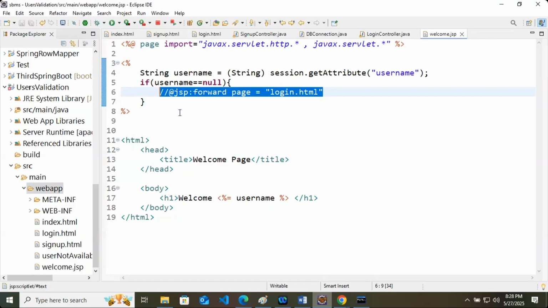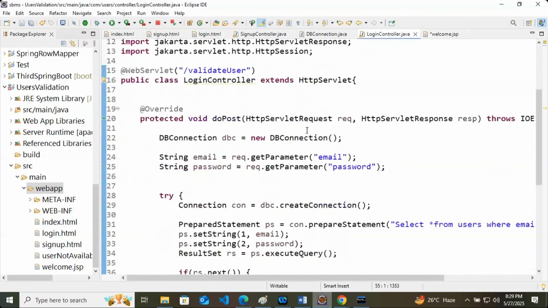Yes, sir. Response dot sendRedirect. Here we'll do one thing. I will type the complete response.sendRedirect like this. In the login controller, my method has req and resp as short object names.